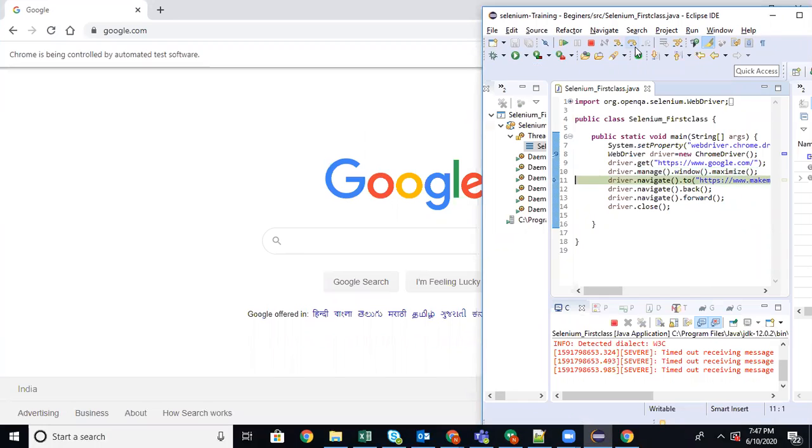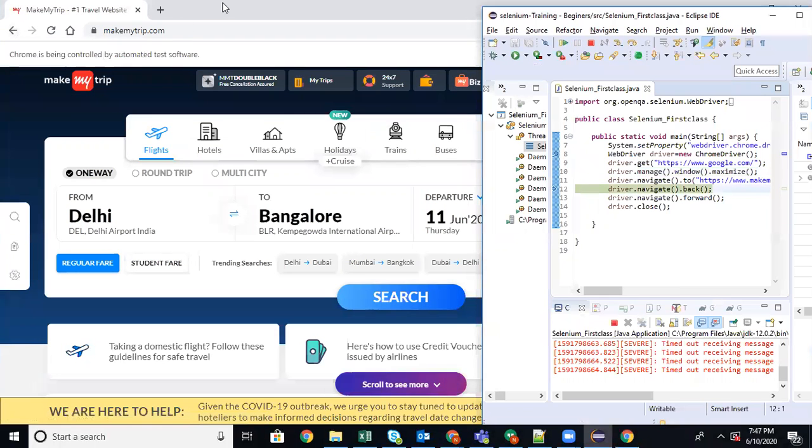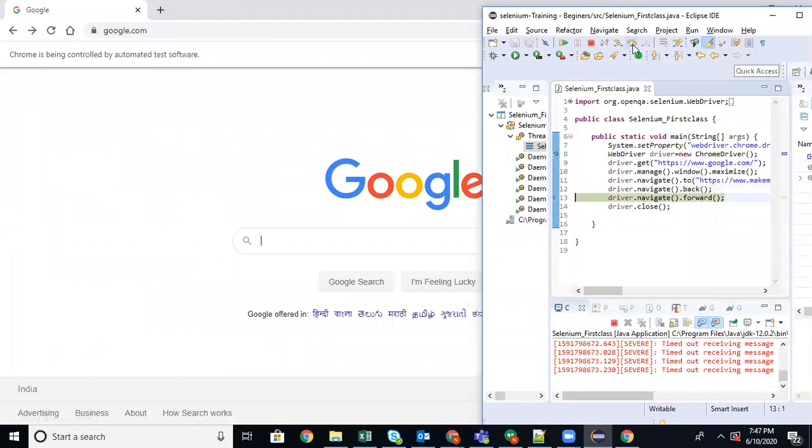So now what it has to do, it has to navigate to MakeMyTrip. So now you can see the back button is enabled. On clicking this back button, it should go to Google. So automatically, if this command gets executed, it should go to Google. Correct. Now forward means it should go to MakeMyTrip.